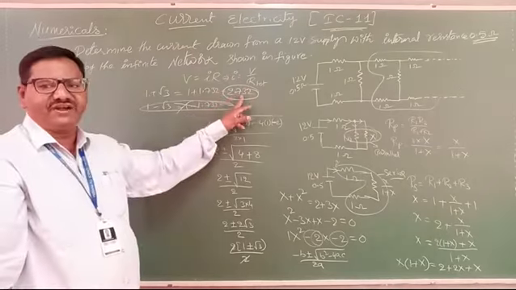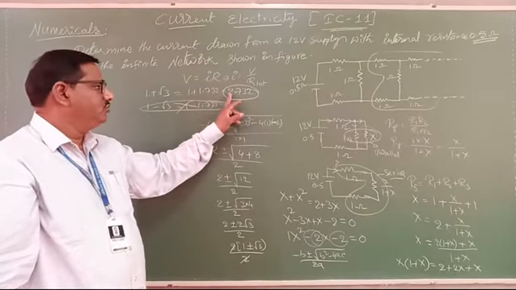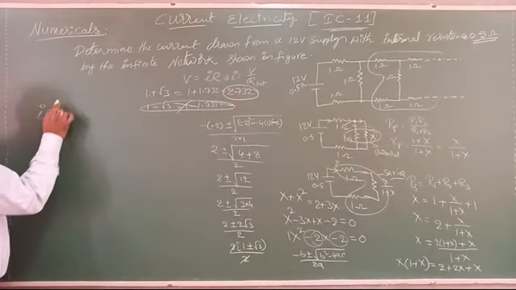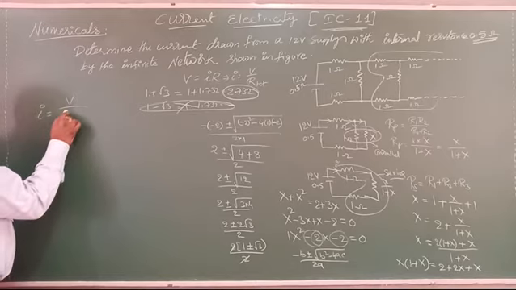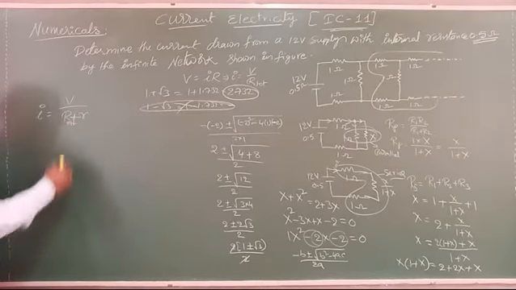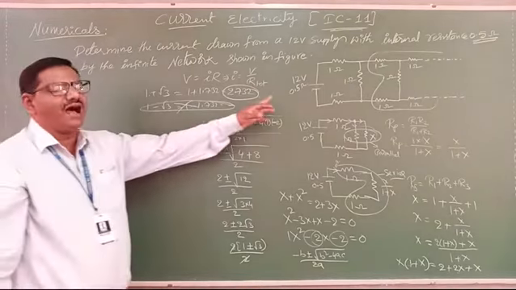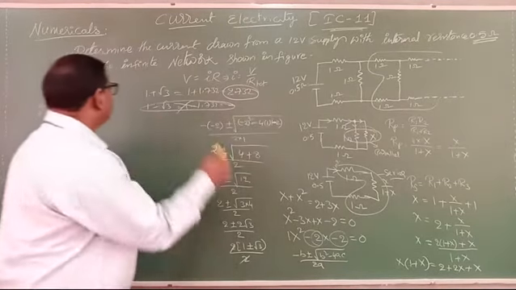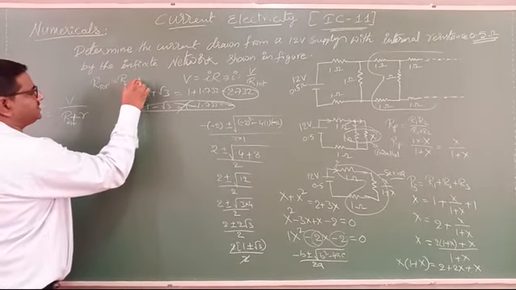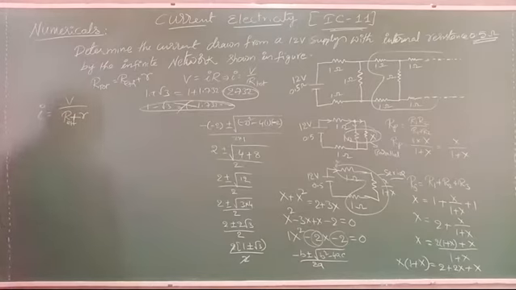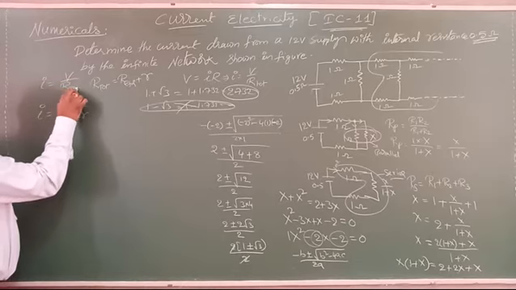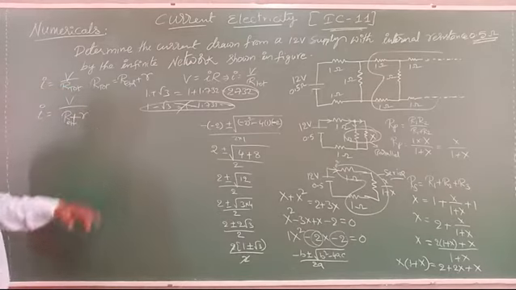Now how much is the effective resistance in the circuit we measured? 2.732. Now current in the circuit, current I equal to V by R effective plus r. Why did I write R plus r here? Because the cell also has some internal resistance. R total equals R effective plus internal resistance small r. That's why I wrote it here. Actually the formula we wrote is V by R total, and R total means R effective plus r.